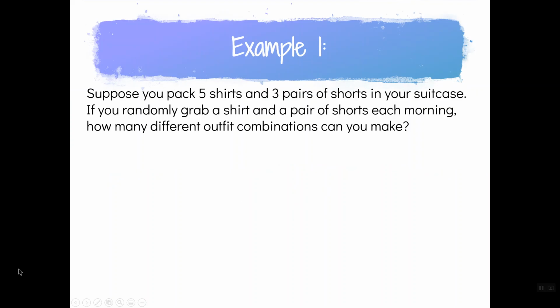Suppose you pack 5 shirts and 3 pairs of shorts in your suitcase. If you randomly grab a shirt and a pair of shorts each morning, how many different combinations can you make? So this is the idea that you're just saying, oh, I've got 5 options here and 3 options here. So you're simply multiplying 5 by 3. You may have done this before. This is called the fundamental counting principle. It's a shorthand way of not actually counting all the combinations, but getting the number